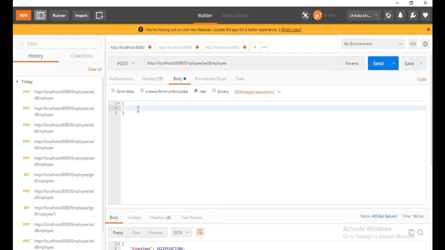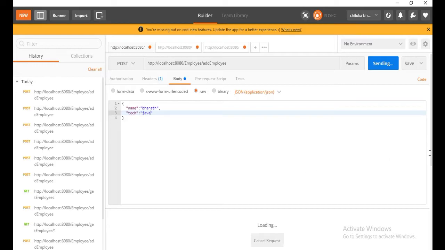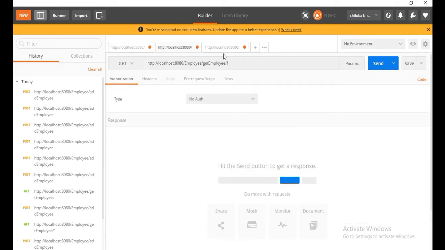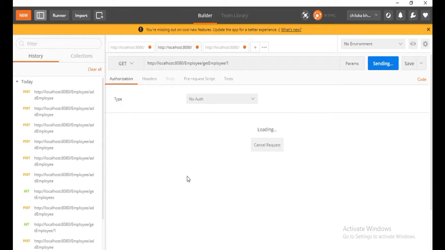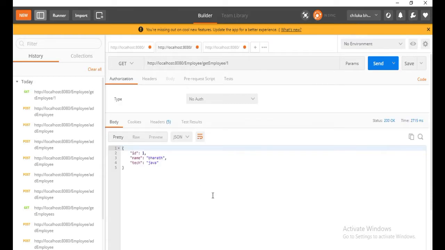Okay, now let's add a correct body request. Send. It generated one ID, 1. Again, get employee. Let's try. We got the one employee.